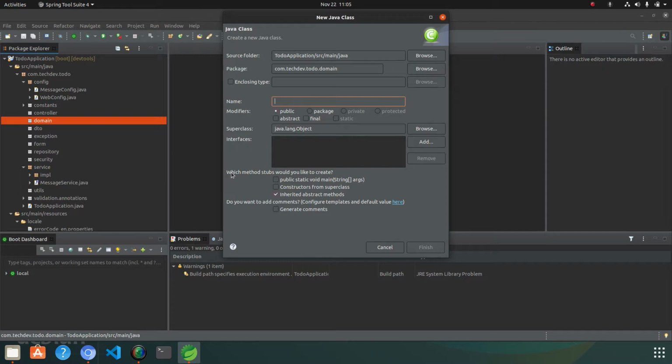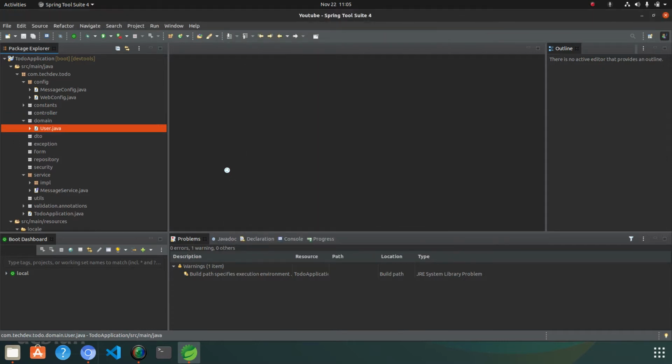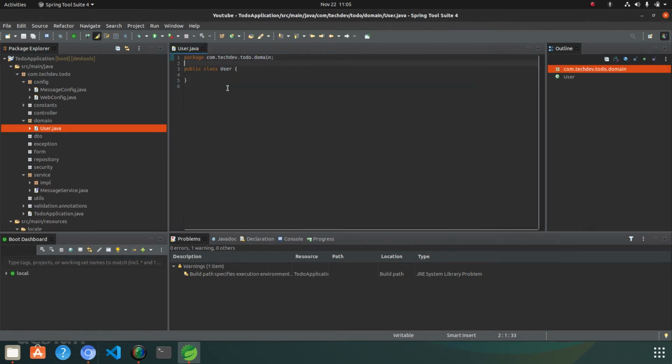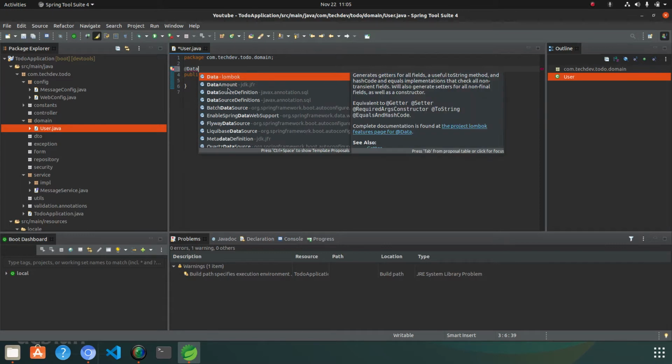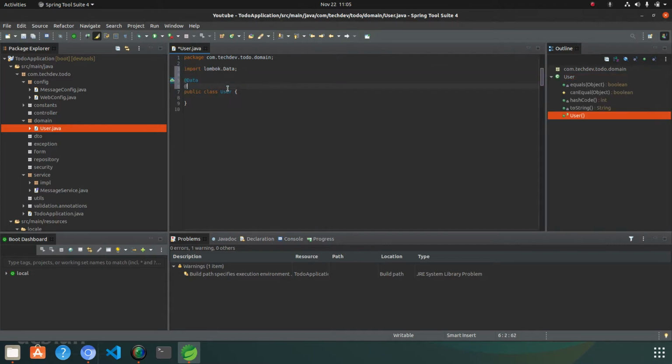So let's create a class for user, and we are going to use Spring Data JPA. So we will be using annotations like @Entity, @Column, and @Table. Let's add @Data for creating getters and setters, and add @Entity because it is an entity class.